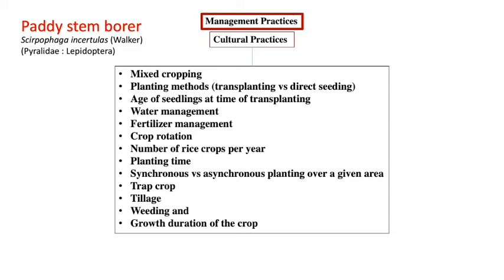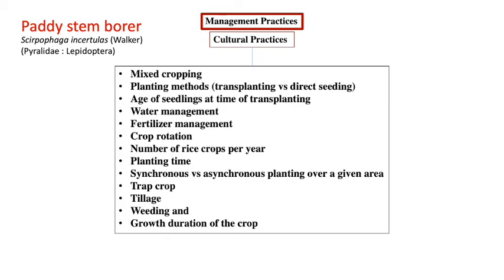Primary cultural control practices are those done specifically to control insects, such as draining a field to control the aquatic caseworm larva or planting a trap crop for stem borers. Secondary practices are those that are specifically done for crop husbandry, such as land preparation and weeding, but which also happen to minimize pest buildup. Rice culture has a rich source of folklore regarding indigenous cultural practices.